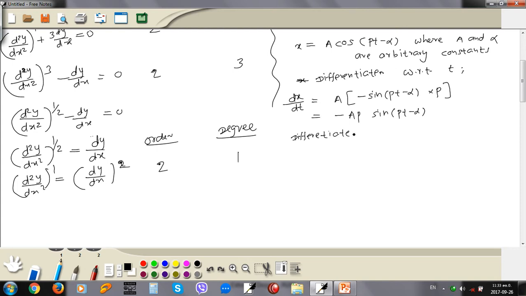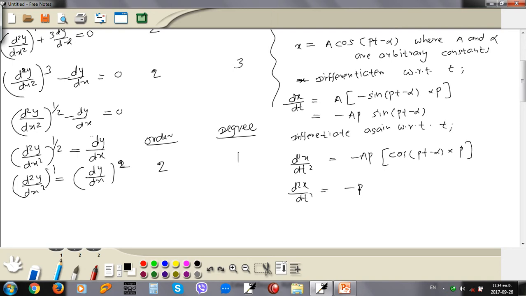Differentiate again with respect to t. Then here you can take d squared x over dt squared equals minus a p, because that is constant, sin alpha, if we consider, that is cos, sin alpha, if we differentiate, that is cos of pt minus alpha times p, it comes p. Then d squared x over dt squared, we can take minus